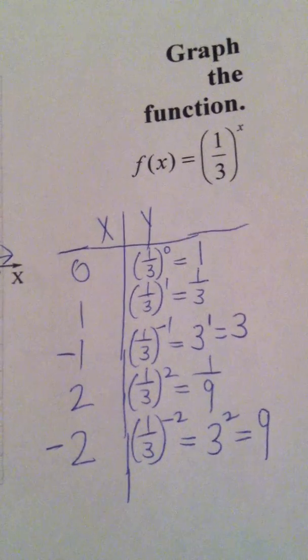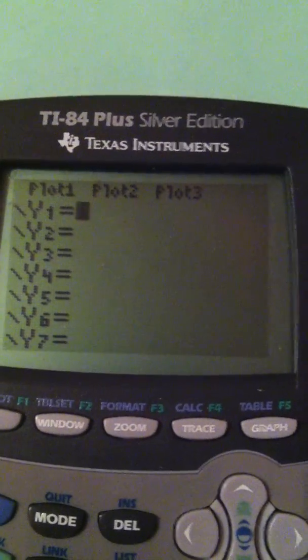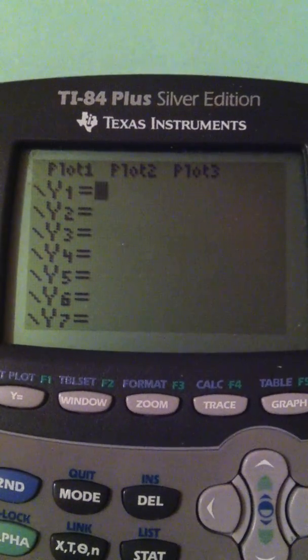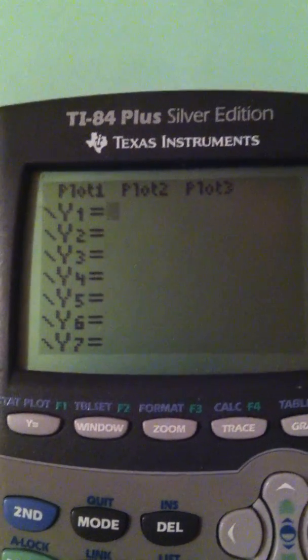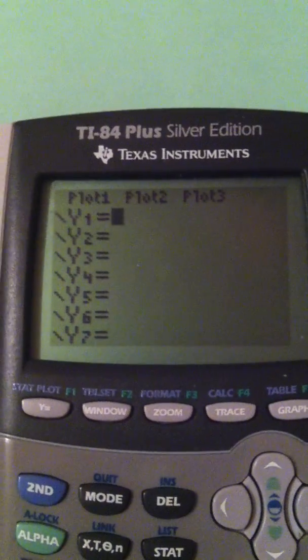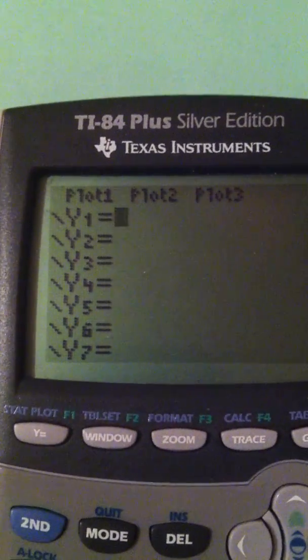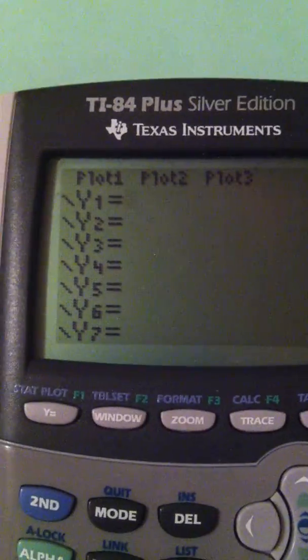Let's look at another example. First, let's go back to our calculator. Next, let's say we have to graph the function 2 to the x power plus 3. And the plus 3 is by itself, it's not part of the exponent. So again, we just plot this